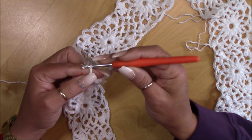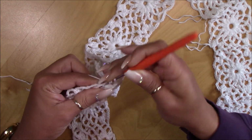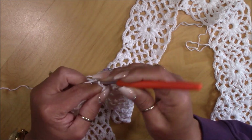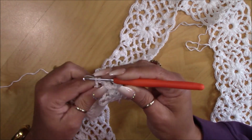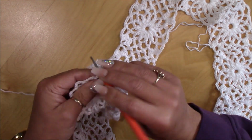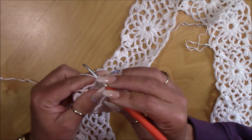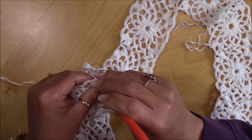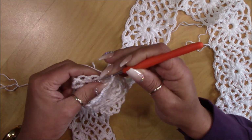You're gonna chain 2, yarn over, and I go in the same space and finish that corner. 3 double crochet that I'm gonna finish, and I'm gonna close them. Chain 2, I'm gonna come here to the chain 5 space, and I'm gonna do single crochet, chain 2, and this one I'm gonna chain 5 space, single crochet, chain 2, and the 5 chain space in between corner and the center, single crochet, chain 2, and this chain 5 space,